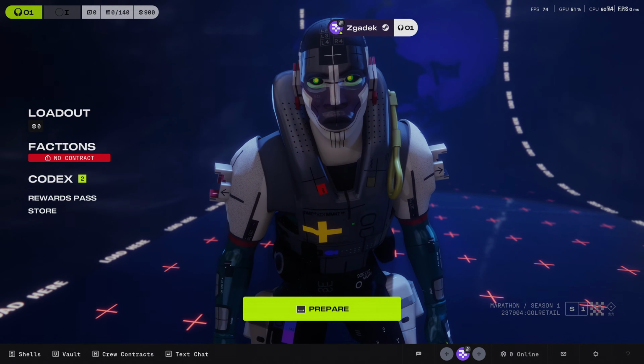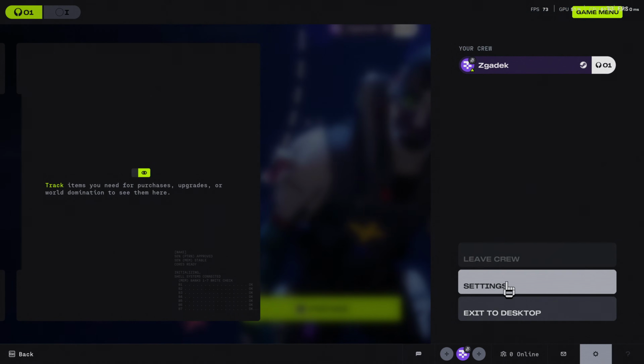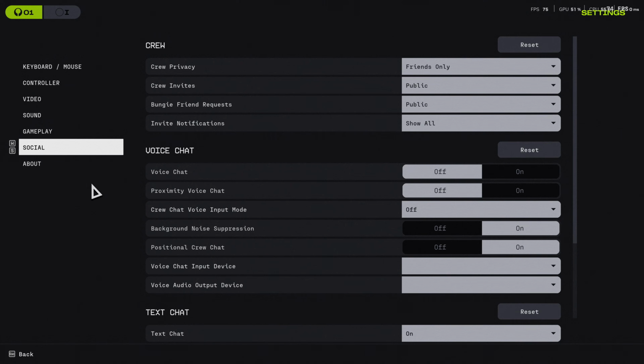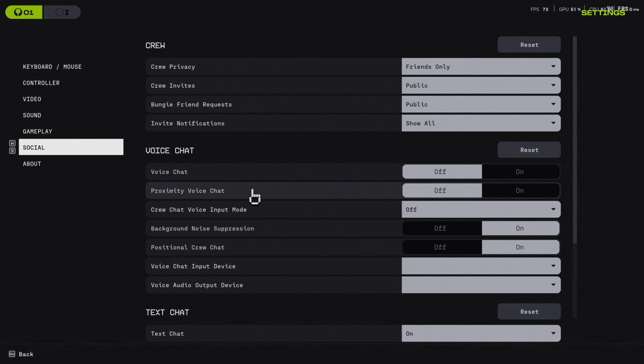To set up voice chat in Marathon, first of all, you'll need to click on the gear icon to open the settings for the game. Next step is to enter the social, and then we'll be able to find the voice chat. Now we can adjust all of the settings, and first thing is the voice chat itself that you can enable